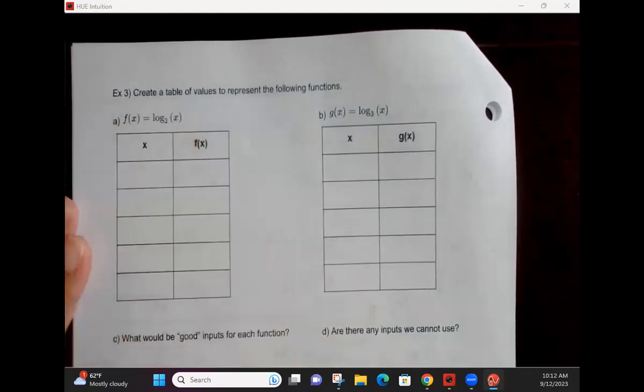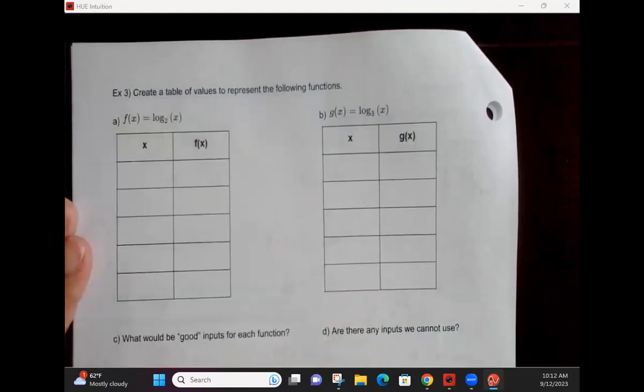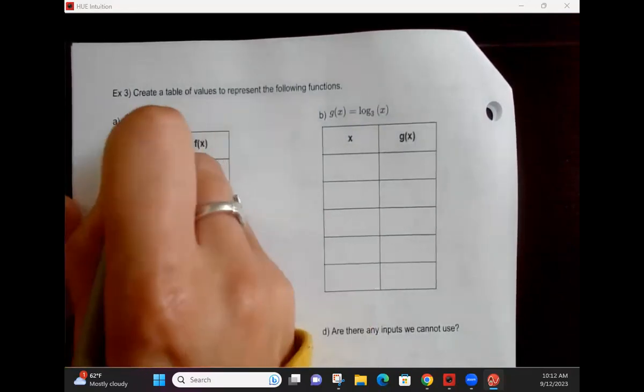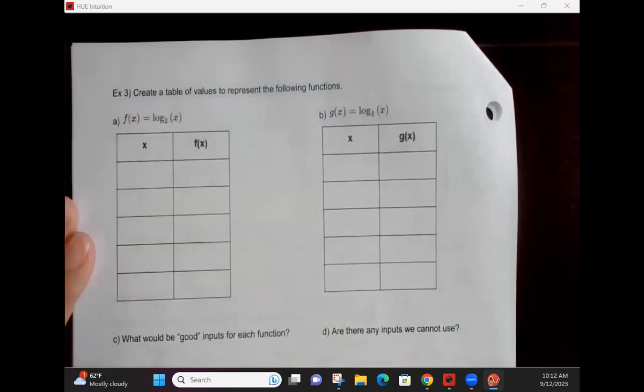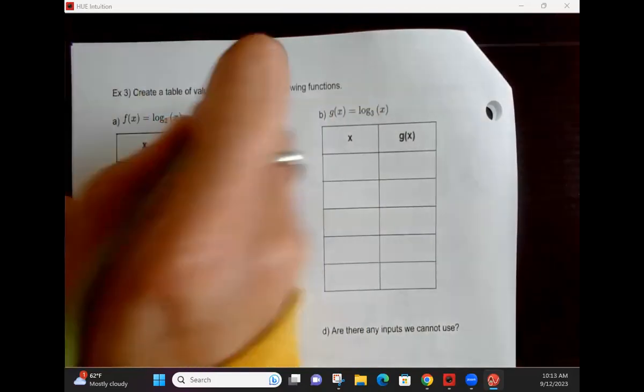This number here is called the argument. When we're looking at log functions, the variable is typically going to be in the argument. That's what makes this a log function. So here we've got log base 2 of x. That means we're looking at 2 to whatever our